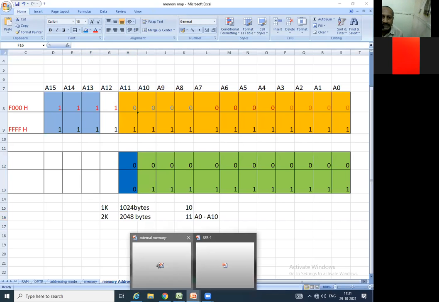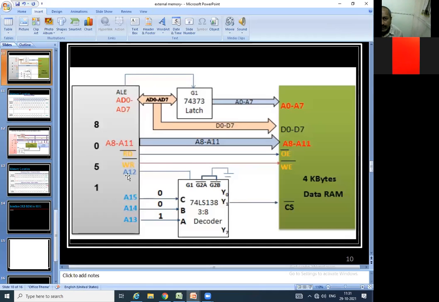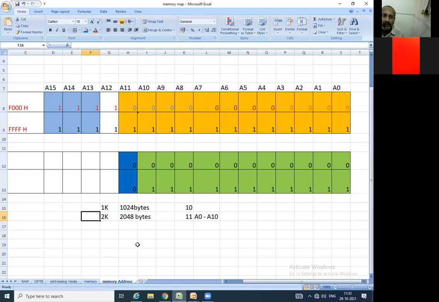Now, once again see the diagram. A11 is over. A12. So A12 is connected to G1, that is the enable line. This is active high, so it should be compulsory 1. Always remember. म्हणजेच A12 हे 1च असलं पाहिजे. So let us go here and do it. A12 must be 1. त्याशिवाय ते डिकोडर ऑनच नाही होणार आणि ते त्या पुढचा रॉम सिलेक्टच होणार नाही. So this is also finalized, that this will be 1 1.